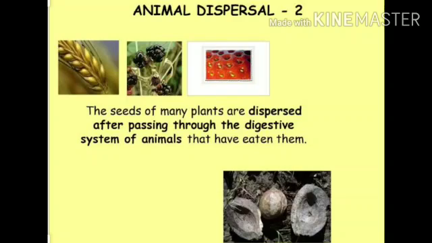Dispersal by birds. While eating fruits like tomato and guava, birds eat seeds also along with the edible portion, and they are passed out in the excreta later. That means the seeds will be removed by the excretion system of the birds. These types of seeds are protected from the digestive juices by their seed coat. The seed coat will not be spoiled.